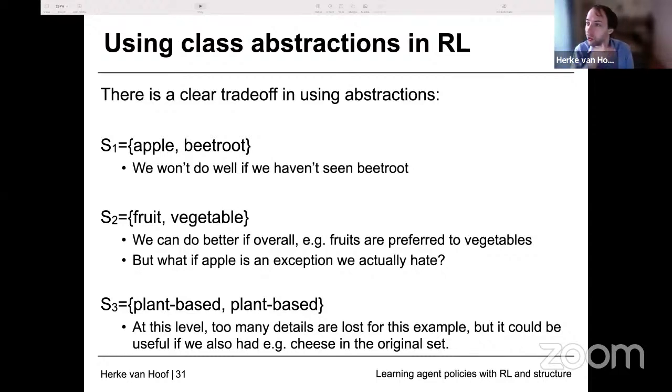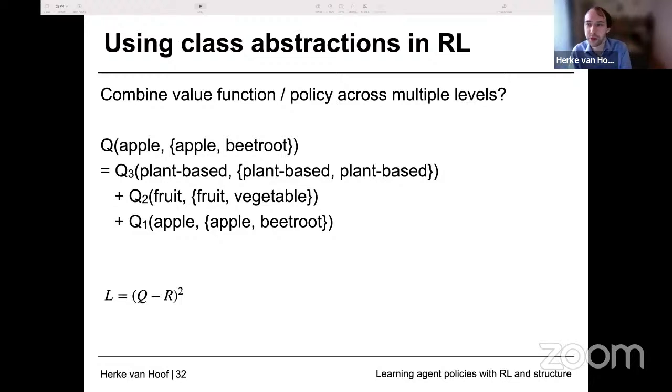We don't want to just go for one. We want to combine the information somehow. So our first attempt was as follows. If we, for example, try to learn something like a Q value, like how good is picking an apple out of the set apple and beetroot,